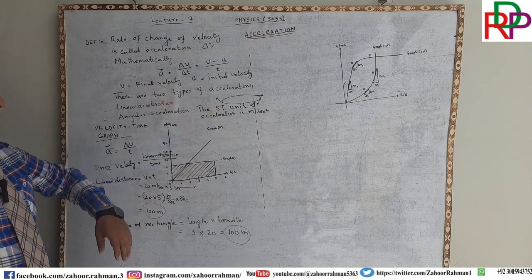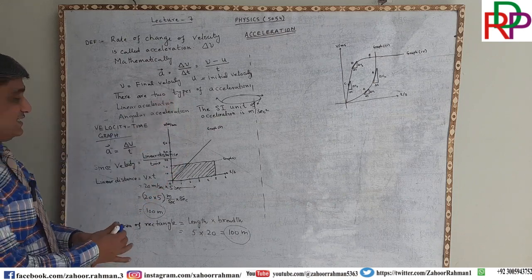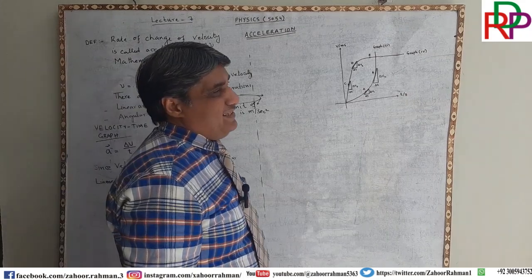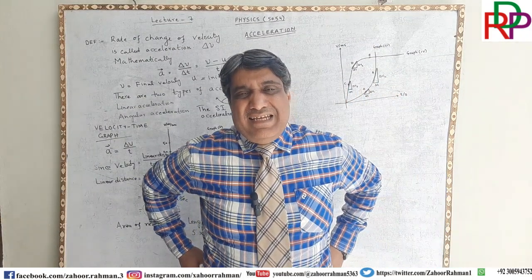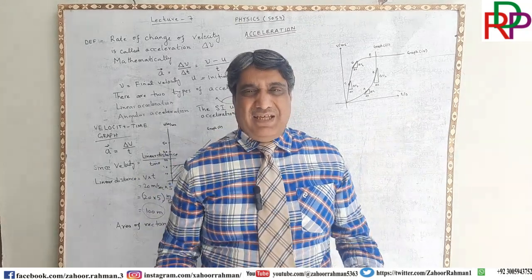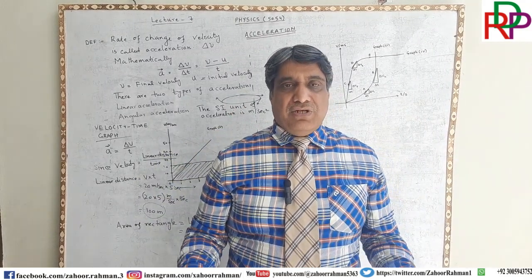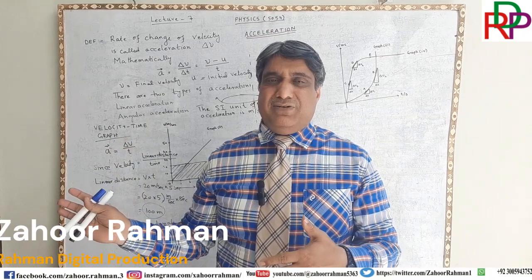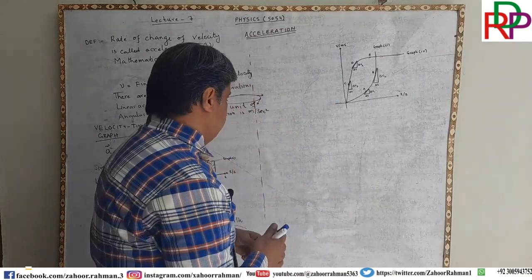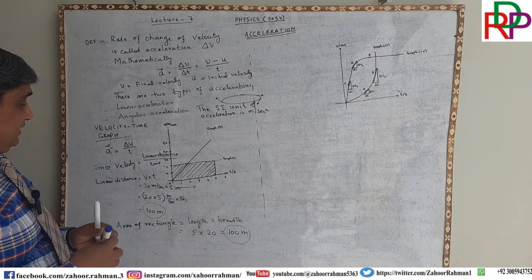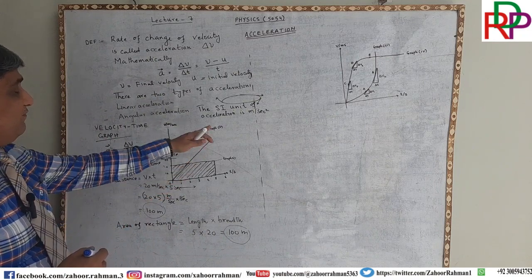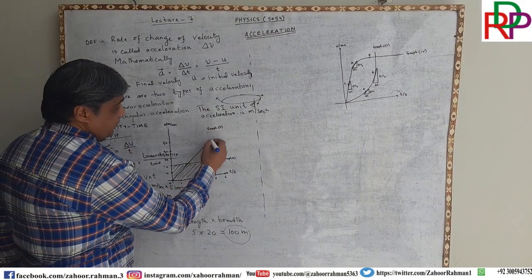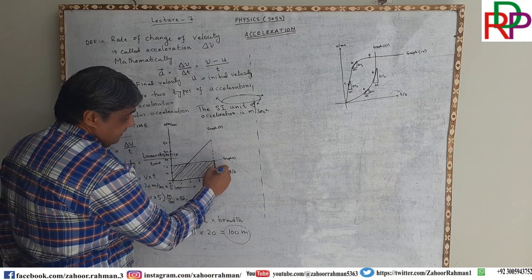The line is a straight line, so it means that there is an increase in the velocity with the passage of time. So it means that there is acceleration, but the acceleration in this particular case is constant. The acceleration in this particular case is uniform. Now, ladies and gentlemen, if we want to find the area under the graph, we will find